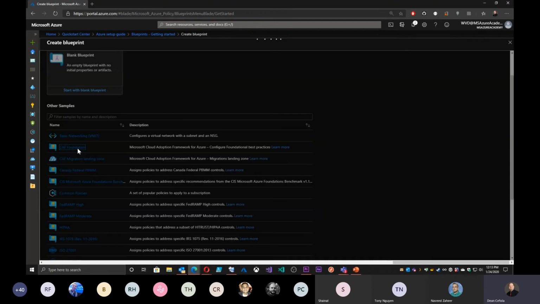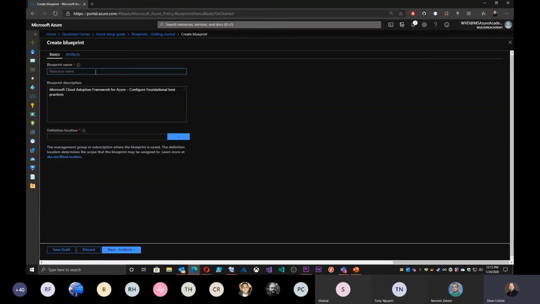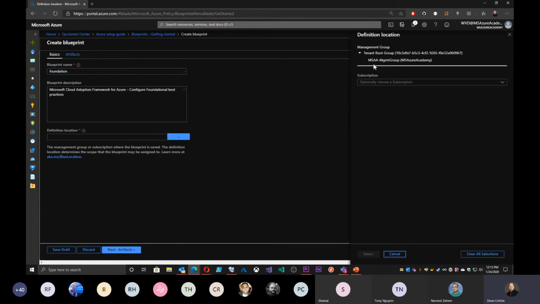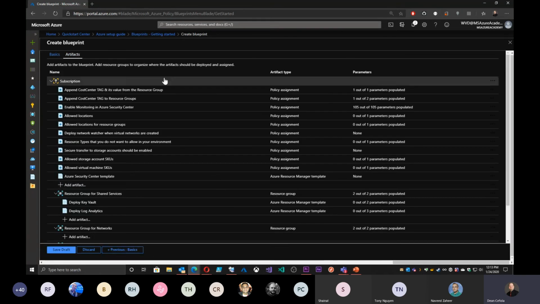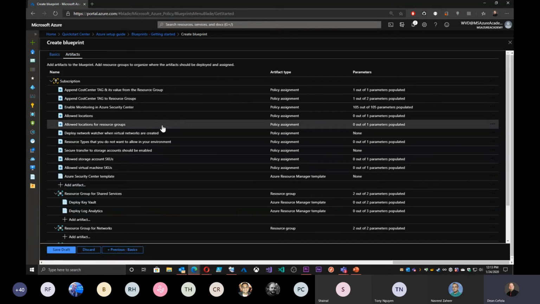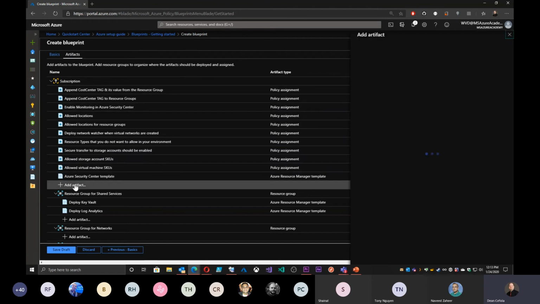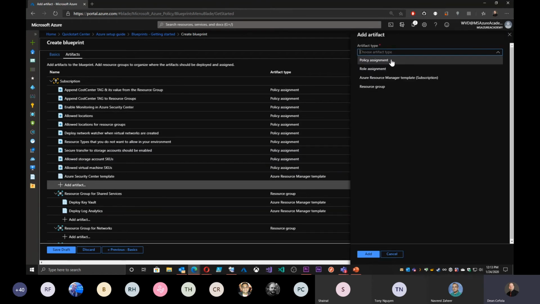And in the foundation, if we click on this, we have to give a blueprint a name, and then put it into a location. I'll just store it in a management group and then hit next. And blueprints have artifacts. And artifacts, if we click on the Add Artifacts button, are policies, roles, templates, or resource groups. Whereas an ARM template will be able to deploy whatever you want in that template, and it can actually deploy resource groups now, in case you weren't aware of that,